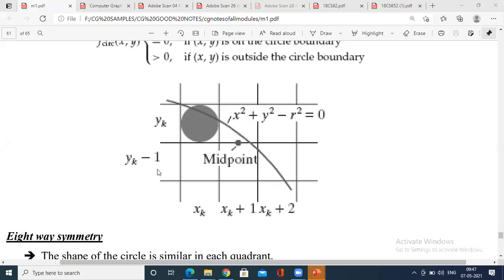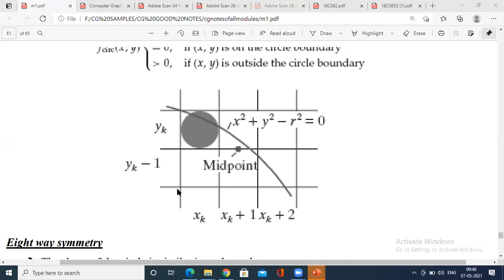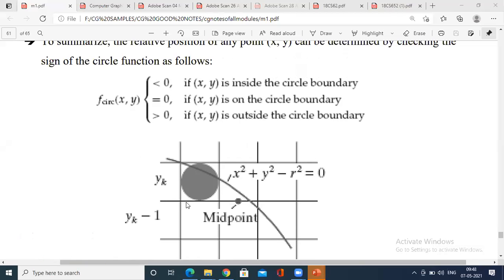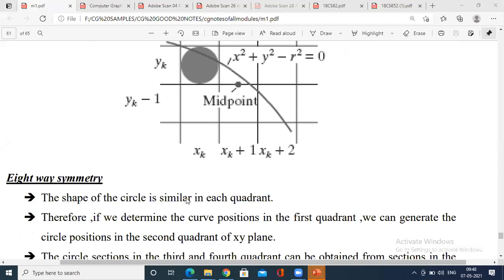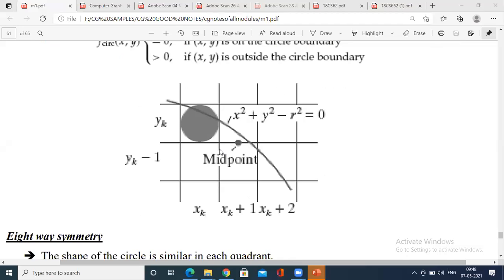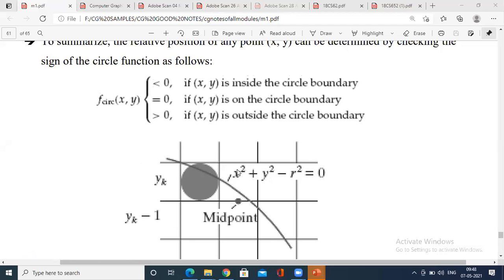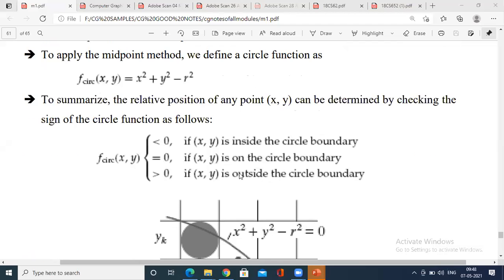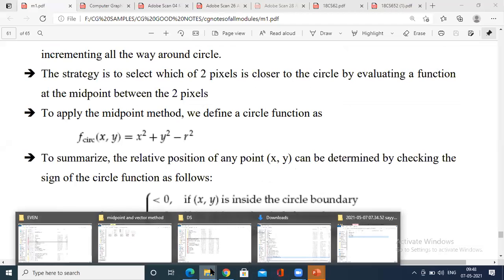What about y? When you talk about y, again we have a decision parameter called pk. Based on the decision parameter, you select whether it is yk or yk minus 1. Try to understand whether it is yk or yk minus 1. In the case of Bresenham's line drawing algorithm, it was based on the slope of the line. Here it is not the slope of the line. Here it is based on the